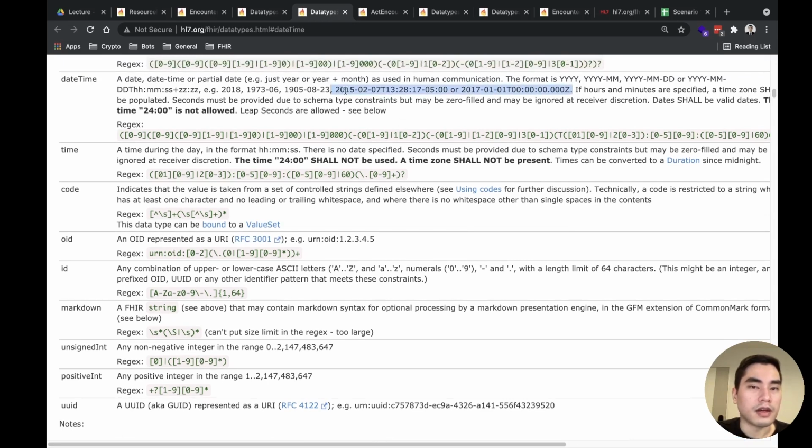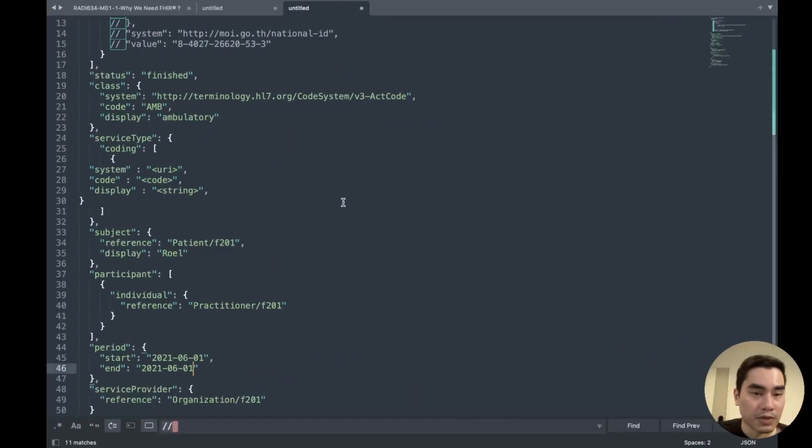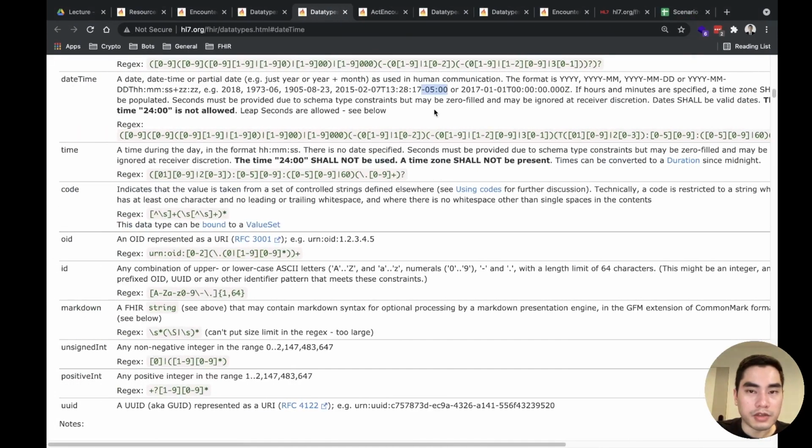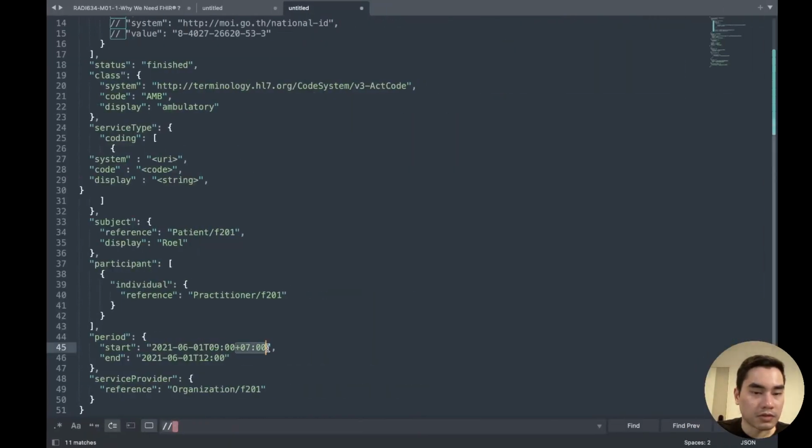So date time, and then time zone. For Thailand it's +7, right? So the visit starts at 9 and ends at 12, 24-hour format, and the time zone is +07:00. So it's this one.